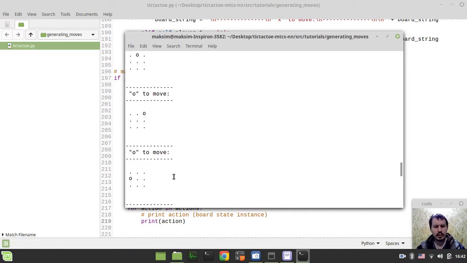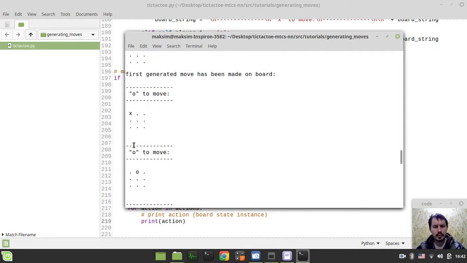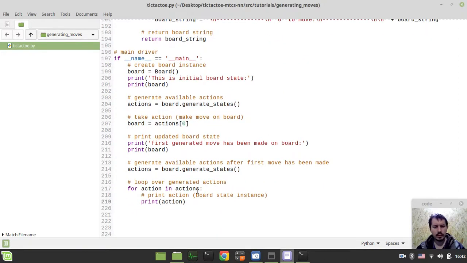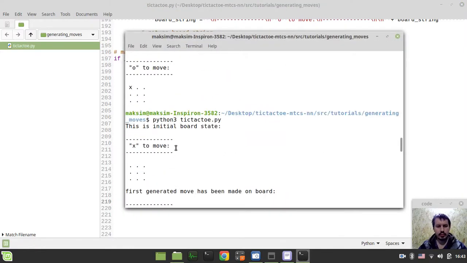Okay, hold on a sec, I don't understand why. Hold on a sec, guys, I just feel a bit confused why we don't see it. But yeah, actually this seems to be right, because when we generate moves,